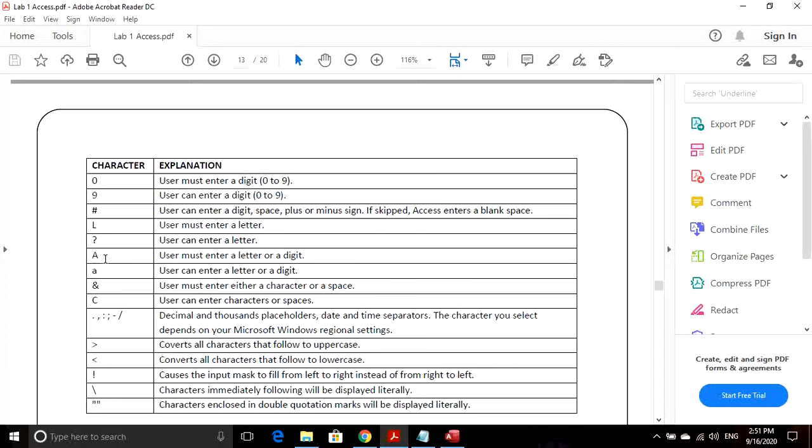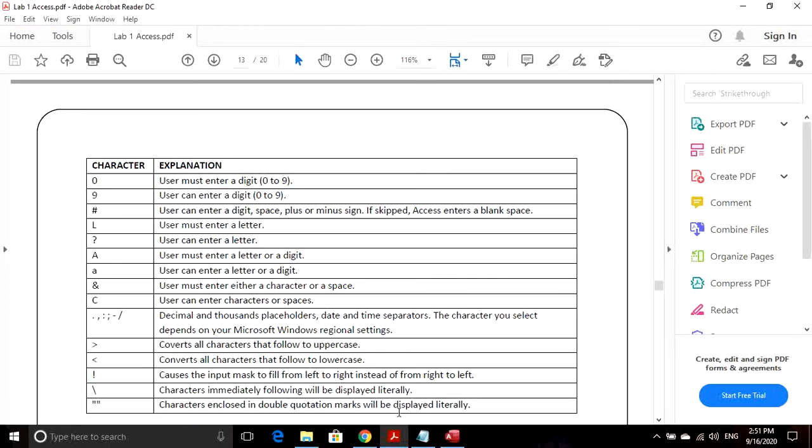Similarly, here we have A. For A user must enter a letter or a digit. So we can use A for alphanumeric values. Then we have this backslash. Backslash means that characters immediately following will be displayed literally. So when we have to place some character as it is, we will put backslash before that character.